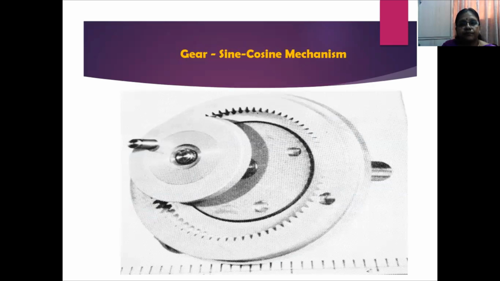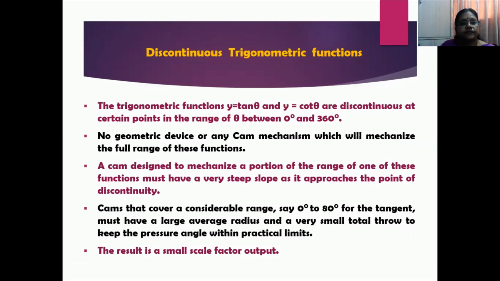So this is a photograph of a sine cosine mechanism, sun planet mechanism, which you can operate for different motions. Now, the interesting one is you still have some discontinuous trigonometric functions. The trigonometric functions y is equal to tan theta and y is equal to cot theta are called discontinuous at certain points in the range of theta between 0 degrees to 360 degrees. There is no geometric device or any cam mechanism which will mechanize the full range of these functions. It's not possible to have this particular displacement values of x and y in tan theta and cot theta